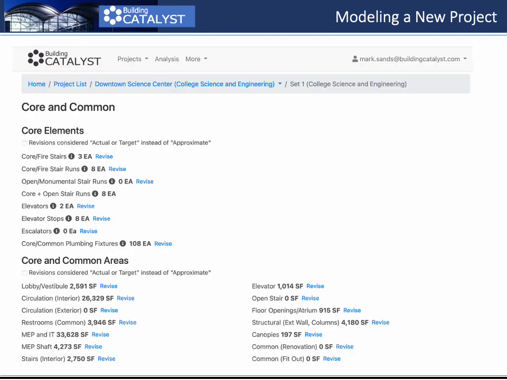Let's take a deeper dive into the core and common. Catalyst predicts the key core elements and program areas. We can, for example, select Revise to change the number of elevators. Catalyst then updates the number of elevator stops, the program areas associated with elevators, and all downstream massing and other